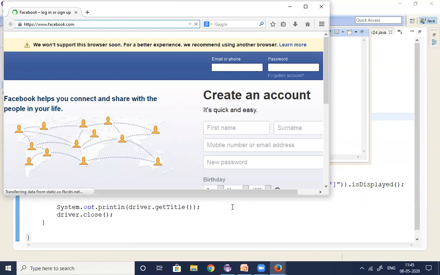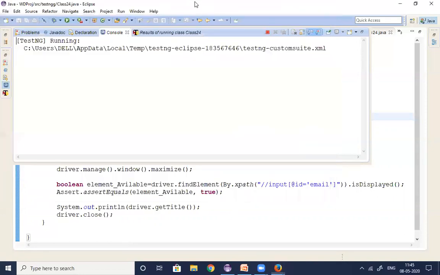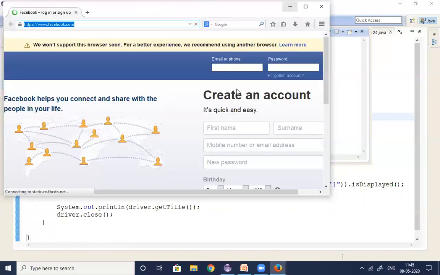Executing slowly, guys. It is going very slowly.